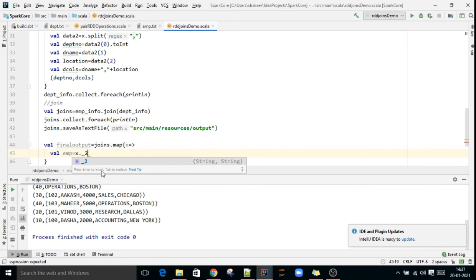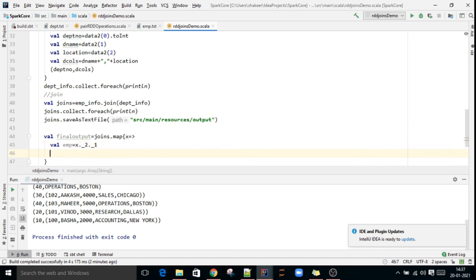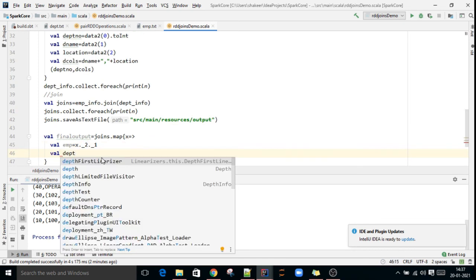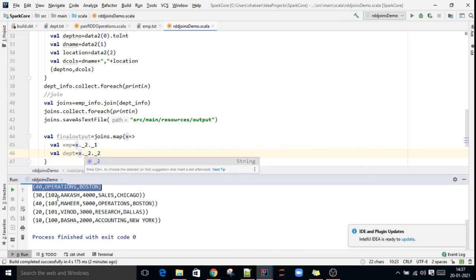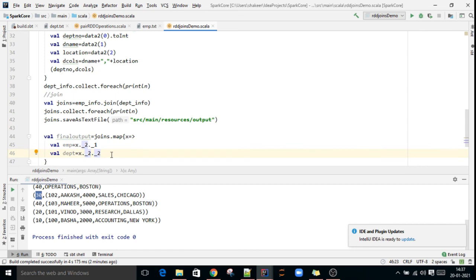In the second element, the first part is employee information, the first element. Val dept equal to x._2, in that again the second, that is these two, Sales Chicago. Underscore 1 means department number. Underscore 2 means value, key value. Underscore 1 means key.